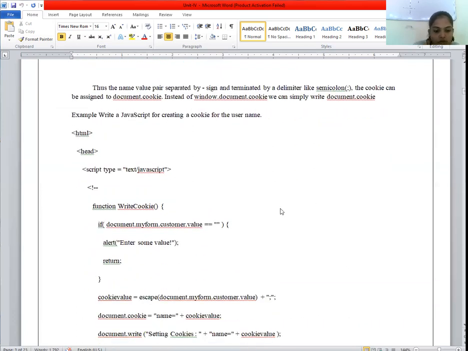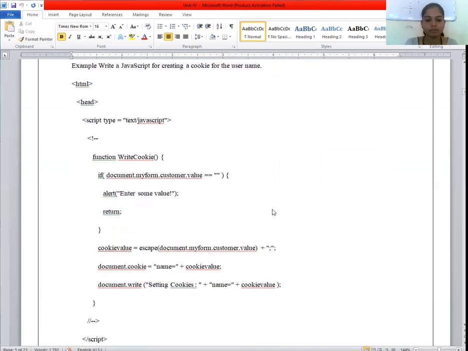So this is an example for our cookie. I will only explain that example, and in the next lecture we will run it. Here we create our JavaScript code, then we give a function, our cookie function, writeCookie, because we are creating that cookie. In that function we give a condition, document.myform.customer.value.